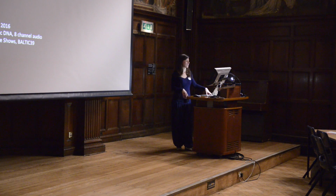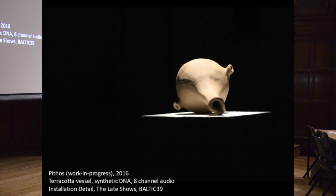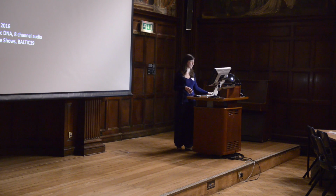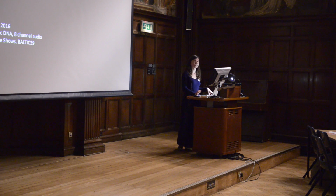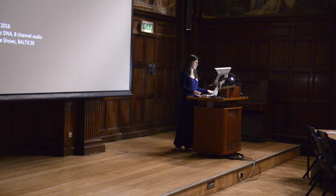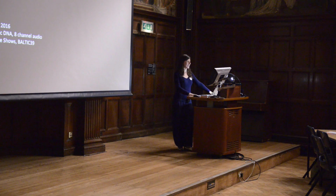We tested a mock-up of this in silico version of the experiment at an installation at Baltic 39 in Newcastle for the late shows back in April. I worked the synthetic DNA construct that we had into a physical clay vessel, and its predicted evolution within E. coli was sonified through an 8-channel audio into the surrounding space, creating a sort of increasing cacophony of disembodied human-like voices. And I likened this spilling out of genetic truth to the pathos of the Pandora myth, the original curious